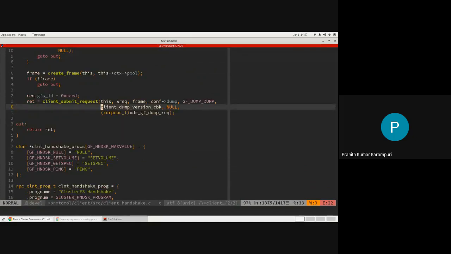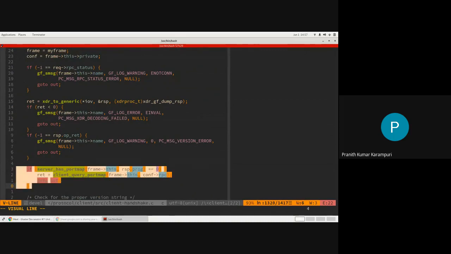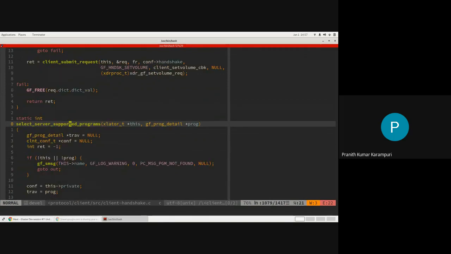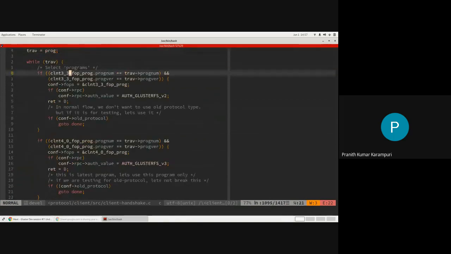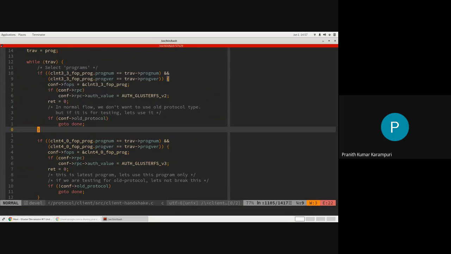It will again do the same dump version, but this time it won't get this port map because it is from a brick. It will try to figure out if there are any supported programs. I think initially it will see whether the 3.3 version is present or not.